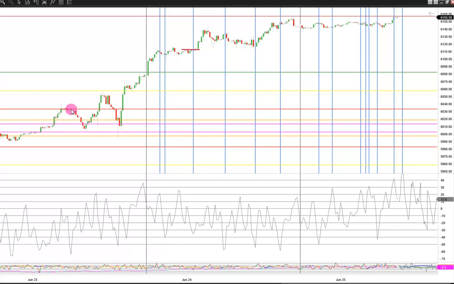We start with the red line though. You can see what happened when the red line was hit. It held and reversed the market. The next level of resistance was the yellow line. You can see when we traded up, broke the red line, traded up, we hit the yellow line and got that really strong reaction move all the way back down. That was about 60 some points